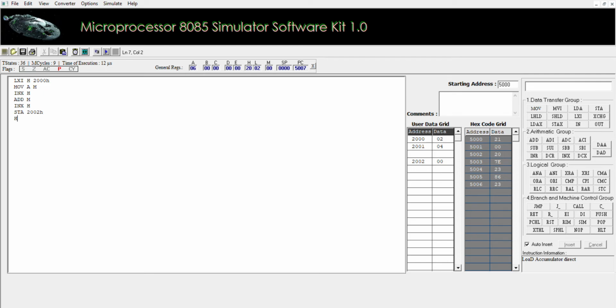Next is HLT, halt, which terminates the program. This instruction stops the execution of the program. Now we run the final program. So we see that the result is stored in memory location 2002. So by using these steps, we can add two 8-bit hex numbers.